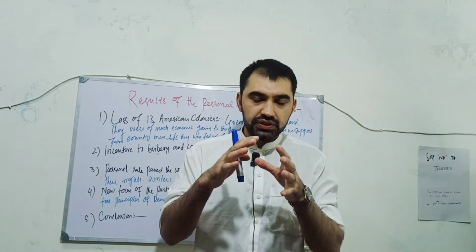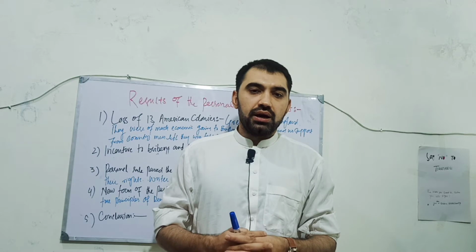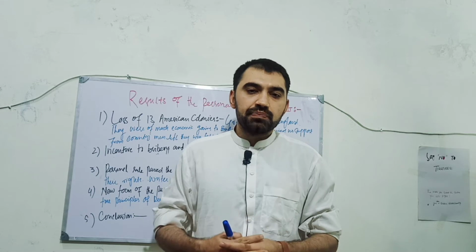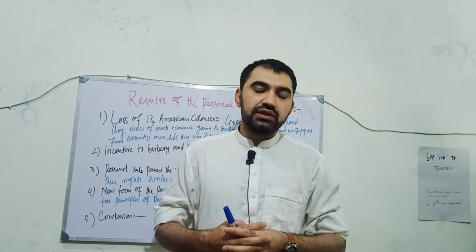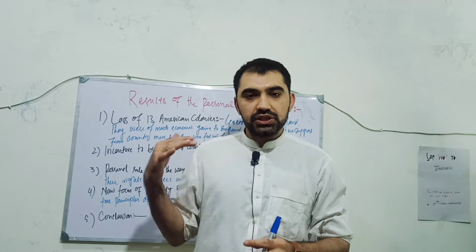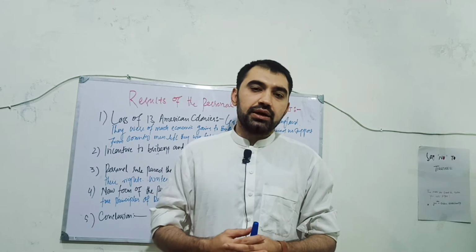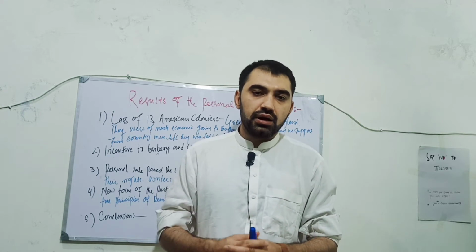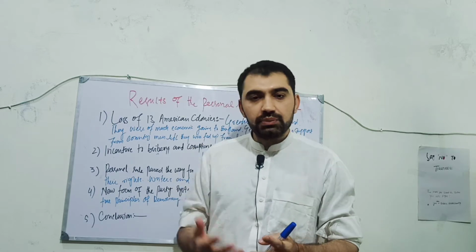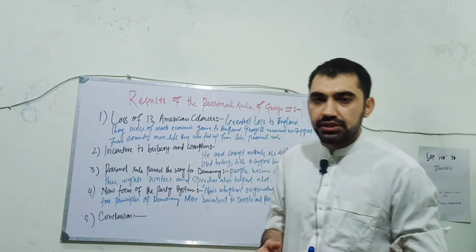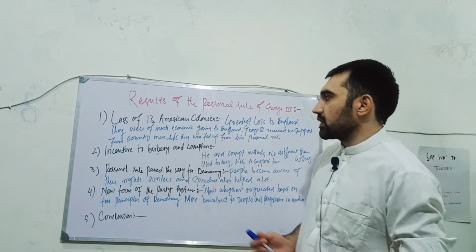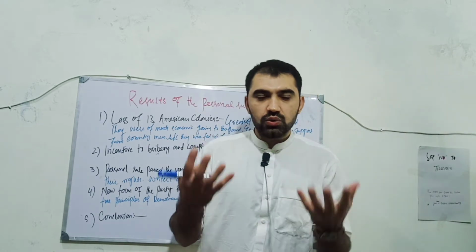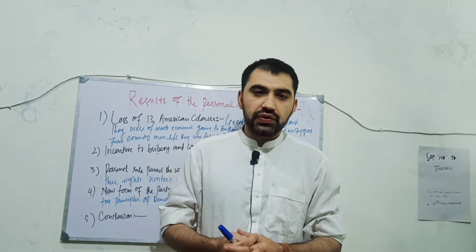George III's reign is composed of these four parts. In these four parts, we have covered all the aspects of George III. And the reign of George III carries great significance as well as great importance in the history of England. So today we will be dealing with the fourth part, and coming to the topic, the results of the personal rule of George III. What were the results of George III's reign?